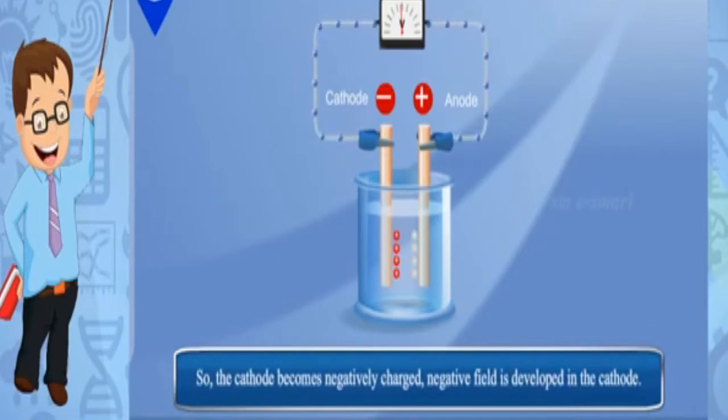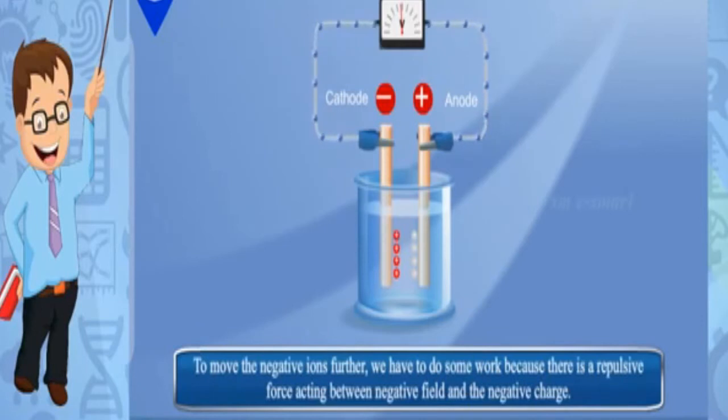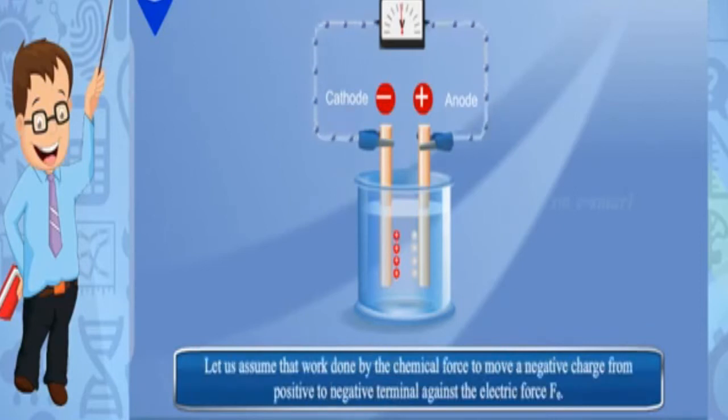Negative field is developed in the cathode. To move the negative ions further, we have to do some work because there is a repulsive force acting between the negative field and the negative charge. Let us assume that the work done by the chemical force to move a negative charge from the positive to the negative terminal